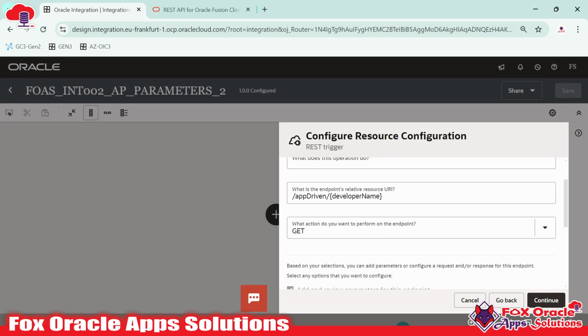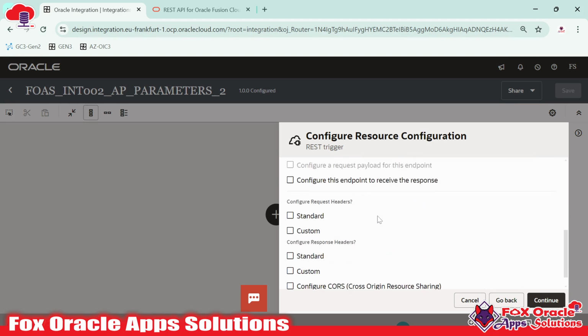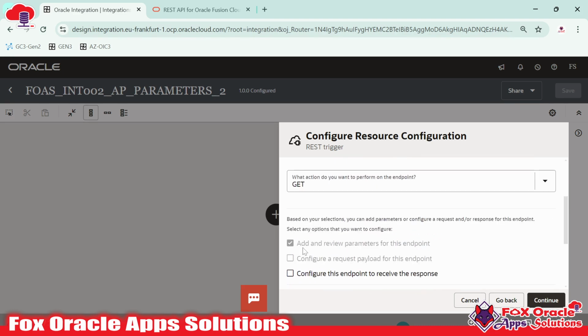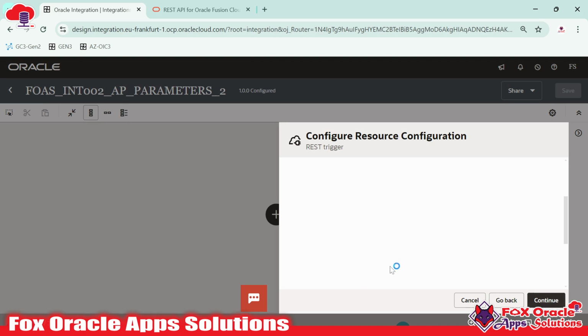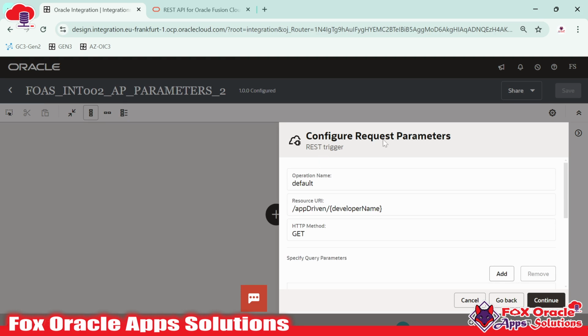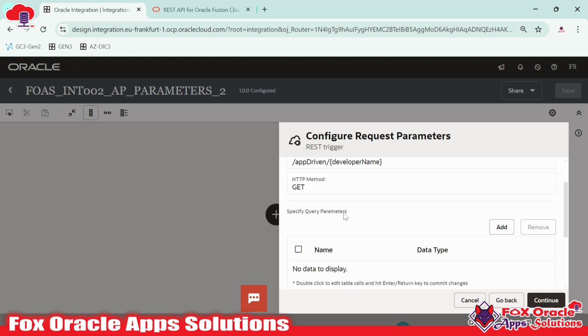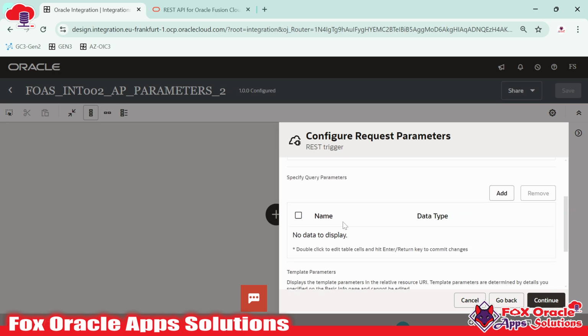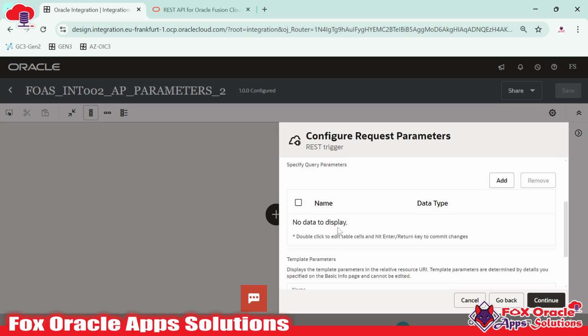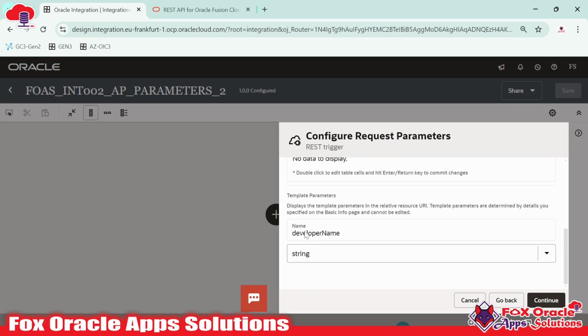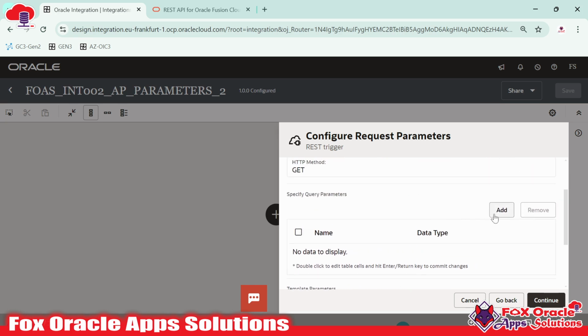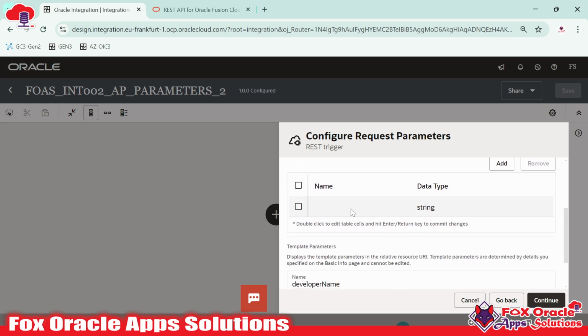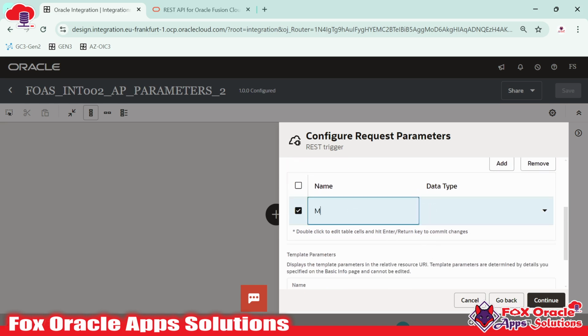And now we have added it, right? As I have to add the query parameters too, and those query parameters will come into the parameters configuration page, I will go next. And here is the configure request parameters, and in the request parameters you can specify query parameters. Here we have to specify the query parameters which we want to add. Template parameters or resource parameters are already there. So I want to add the parameters here. I will just click add, and I want to give the parameter name as, for example,